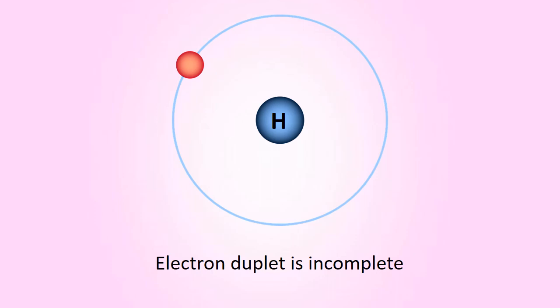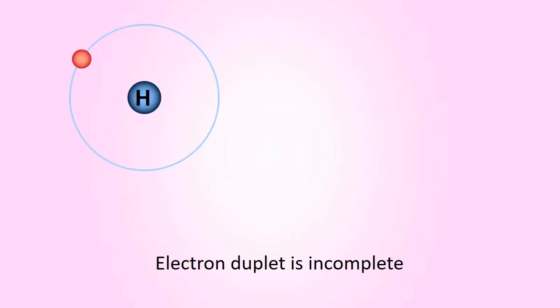a non-zero valency. You have seen from the formulae of the molecules formed by combination with hydrogen that the valency of hydrogen is 1. The electronic configuration of hydrogen shows that there is less than the complete duplet. This number 1 matches with the valency of hydrogen, which is also 1.